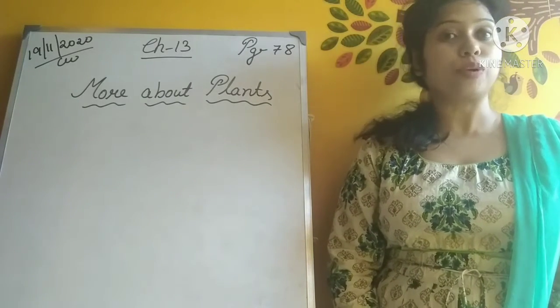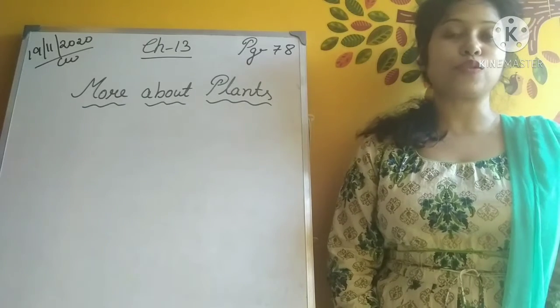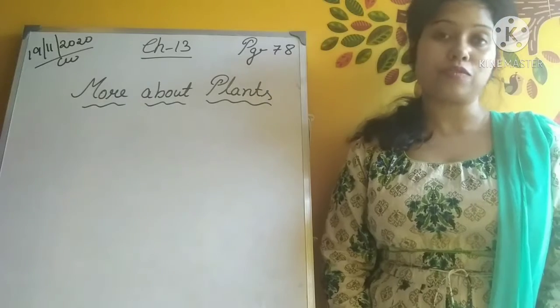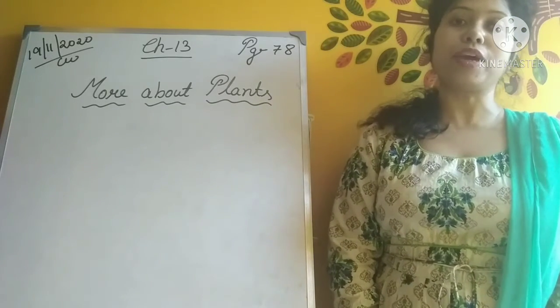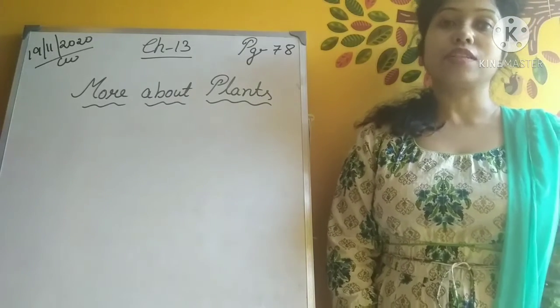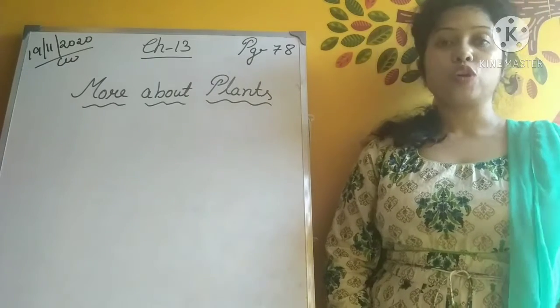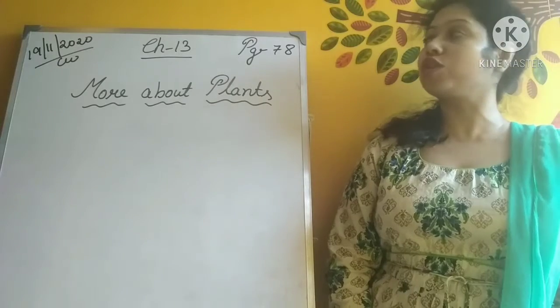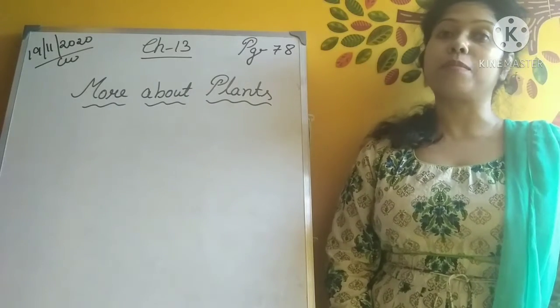So again, going back to the studies, so far we have completed 2 chapters in the syllabus which you were provided recently, right? That was chapter number 10 and 11. Fine. So today this is going to be the last chapter of your unit test 3 syllabus, which is chapter number 13, more about plants.